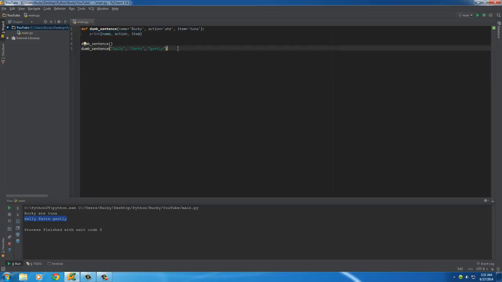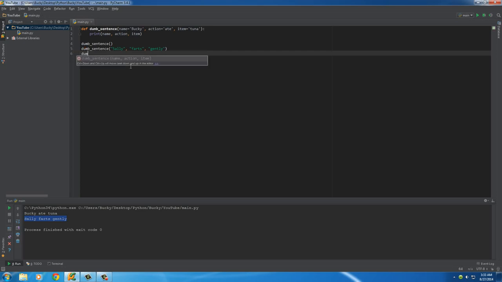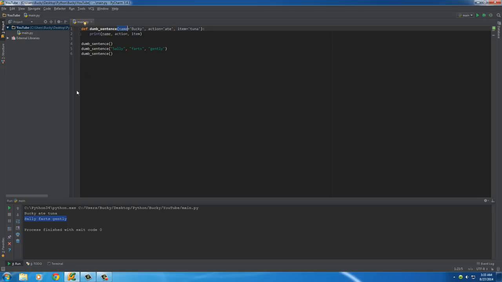However, there are going to come certain times where maybe we only want to pass in the second one, or maybe we want to pass in the third one and the first one. So whenever we want to pass in a limited number of arguments, or we want to pass them in a different order, this is how we do it. We need to utilize the keyword of this argument right here. So say that we wanted to set the item equal to something different. Well, if we just write a string there, it's going to think it's meant for the first one. So what we can do is we can actually type item and set it equal to